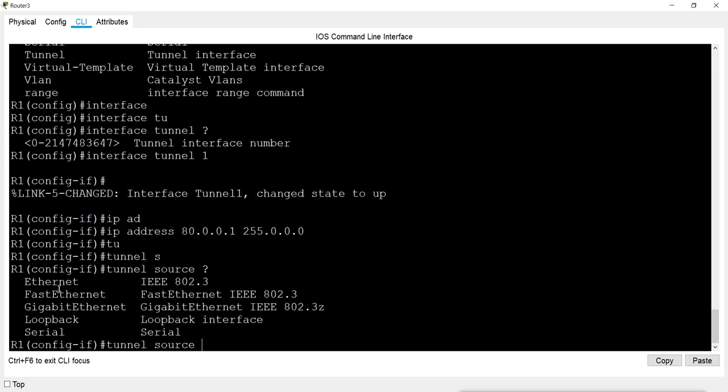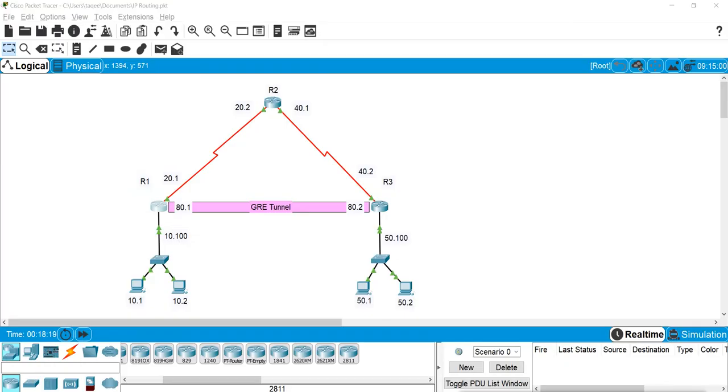We have to mention the exit interface. So I am going to mention the local interface of this router 1, which is this interface. So if it wants to go to router 3, then it will go from this interface of this router 1, which is serial 0/0/0.